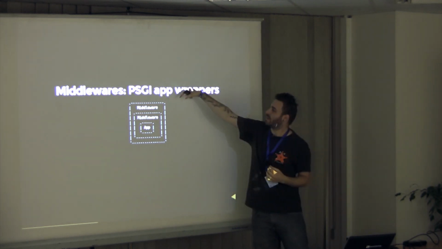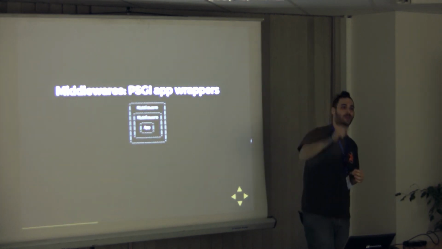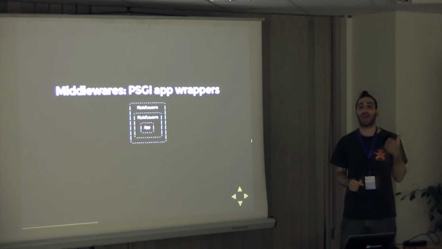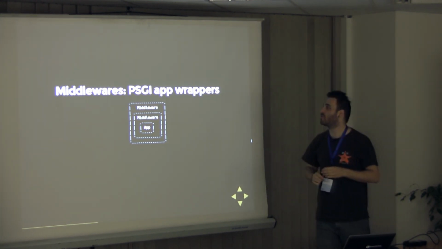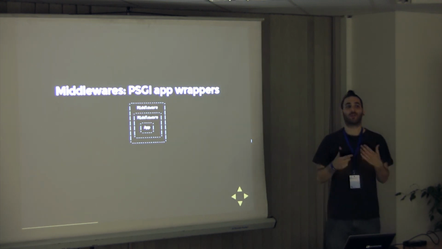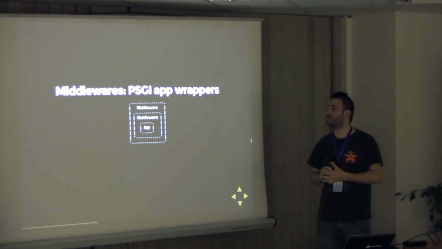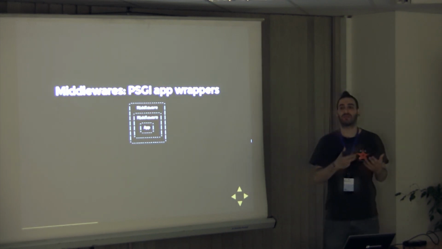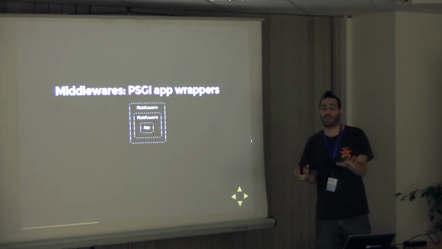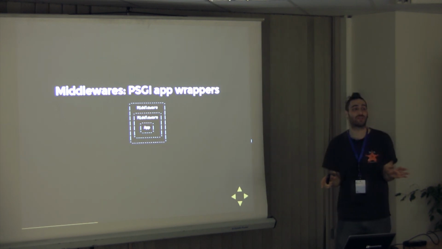When a request comes in, it hits the middlewares layer by layer. The first thing they can do is add information and send it onwards. So for example, I can add another header. I can remove a header. I can change stuff coming in a request before it hits your app. You don't actually know that I did this.